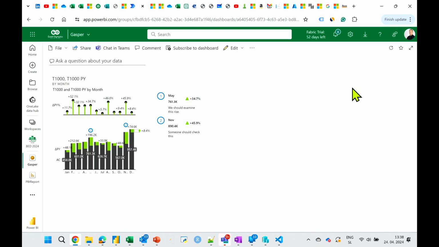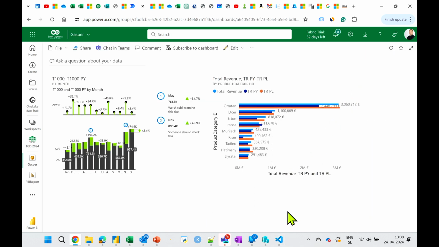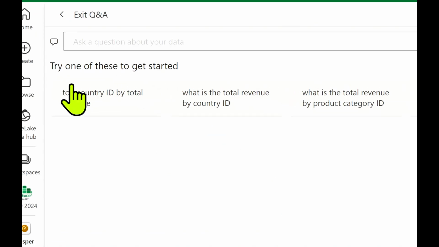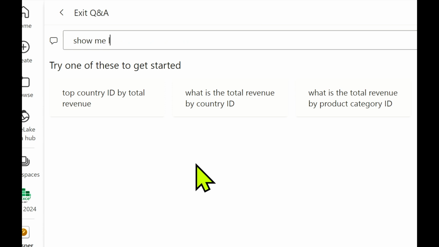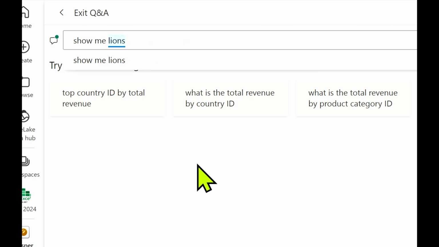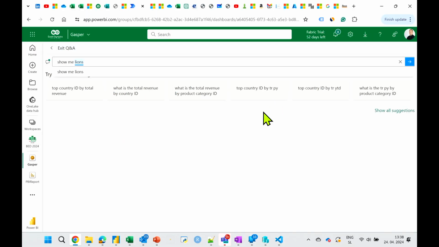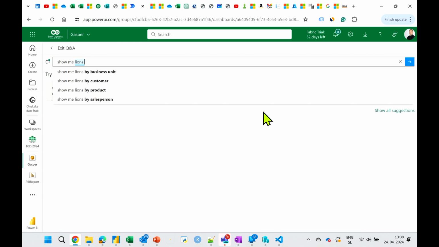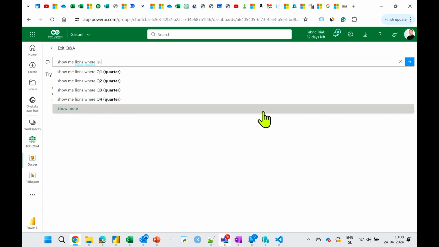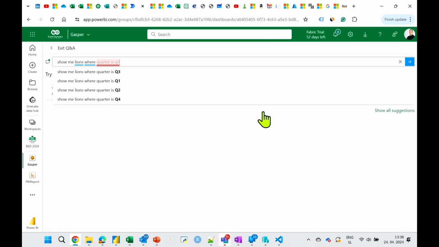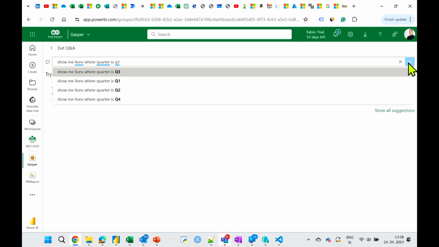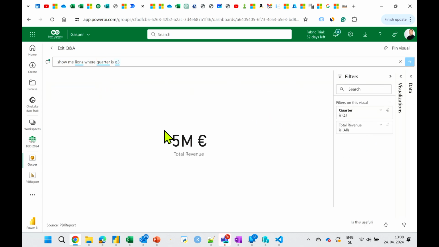But it gets even better, because if I cannot find a piece of information, I can go up here and just have a conversation with my data. Show me lions, and I'm guessing you see where this is going. I can go where quarter is Q3, and there are my lions.